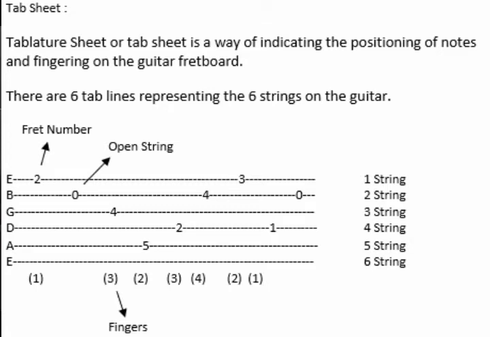Then there is 4 on the third string, which is the G string. They've given the third finger to use for the fourth fret on the G string. So you find the fourth fret, 1, 2, 3, 4. Finger number 3, string number 3. Play down. Make sure you stop the note before attempting the next note.